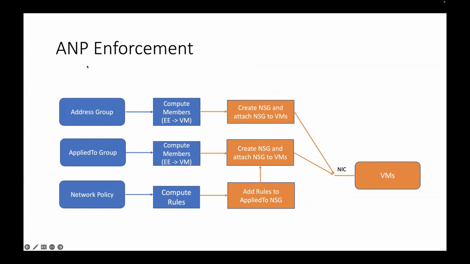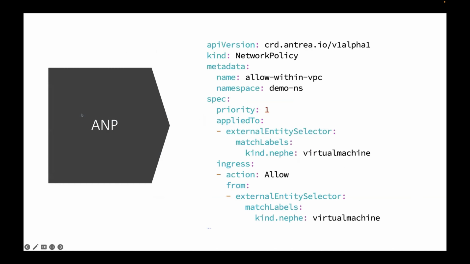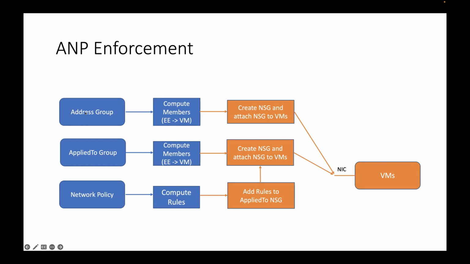So how is the Antrea network policy enforcement done? As you are aware, the Antrea network policy is converted into internal Antrea network policies, and then the consumer, which is the NEFI controller, receives these events. As part of these three events, we take different actions, and I'm going to talk about it. The first one is the address group. Whenever you have something like a from rule, the Antrea controller creates an address group, and for NEFI this address group will either contain an IP set or